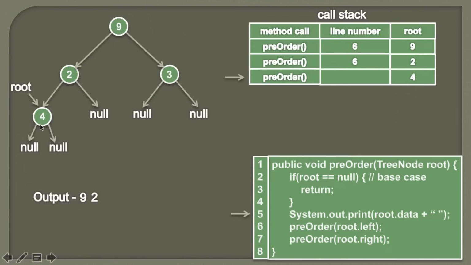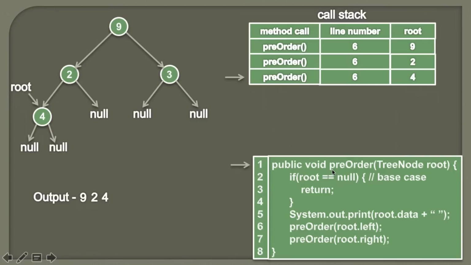And here we'll simply process this node. So the output would be 4. And after we process this node, we know that now we have to traverse its left subtree and then its right subtree. So first we are processing its left subtree. So we are simply calling pre-order again and we are passing root's left. Currently here you can see root left is pointing to null. So therefore we'll now call this pre-order by passing a value null. And as we are leaving this pre-order now, we'll keep track of the line number.